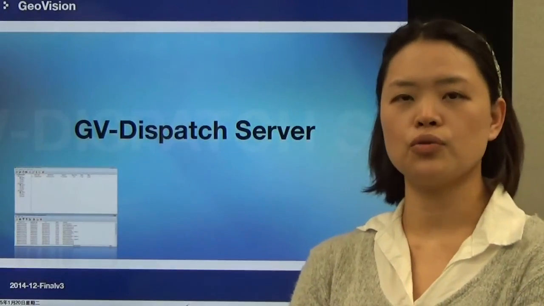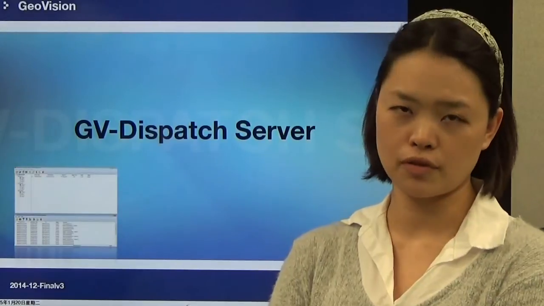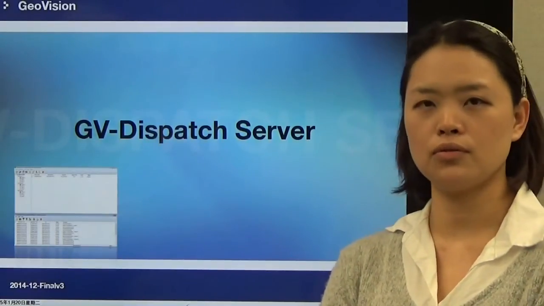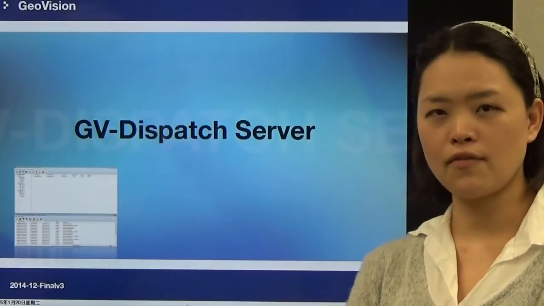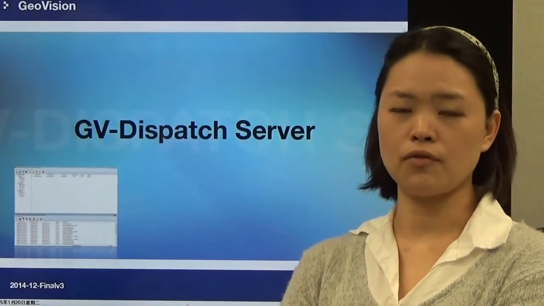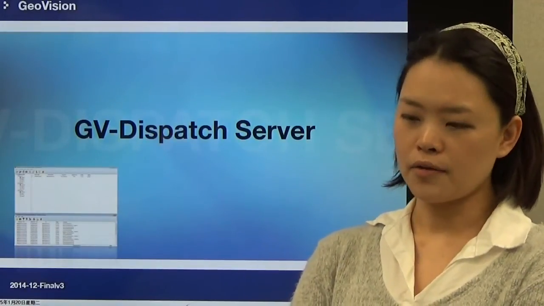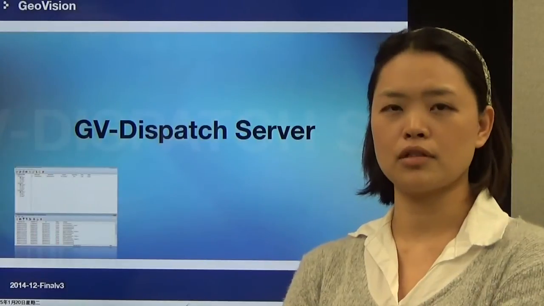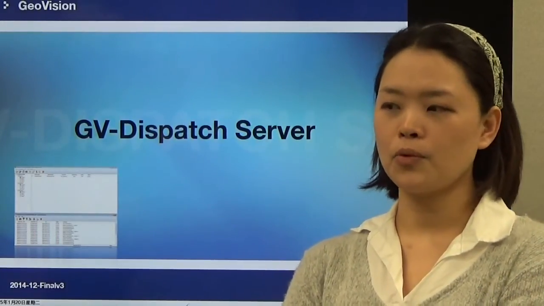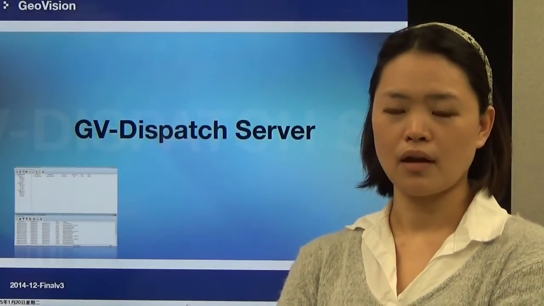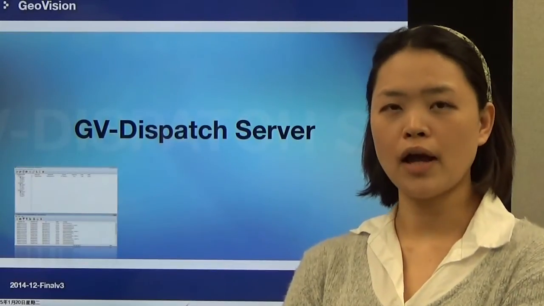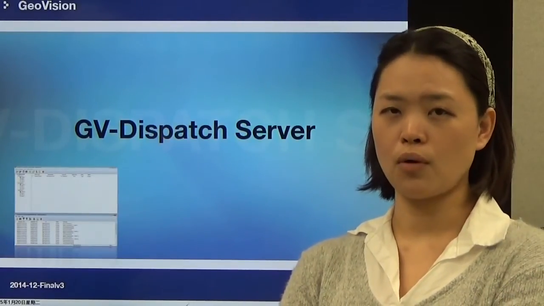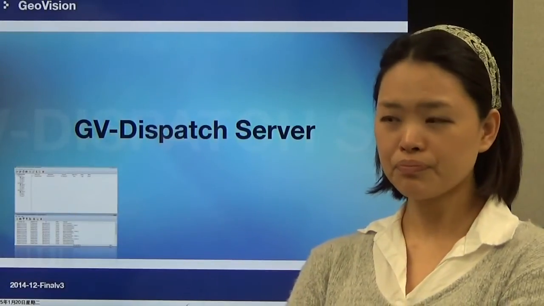In this session, we will start to introduce more information about the dispatch server. Okay. Before we tell you the dispatch server function, we might have to review the CenterV2 function first. The CenterV2 is an event type message with video alert for central monitoring. You never know how many channels will get the alarm event in the CenterV2, right? There can be a maximum of 800 channels for one CenterV2, or a maximum of 500 GV-System in one CenterV2. Will you be able to get all the messages for all the GV-System if any one is overloaded or